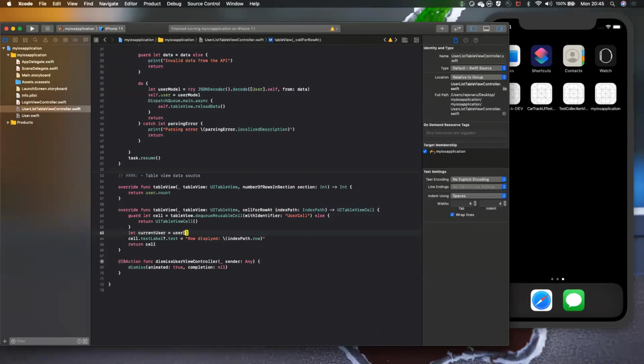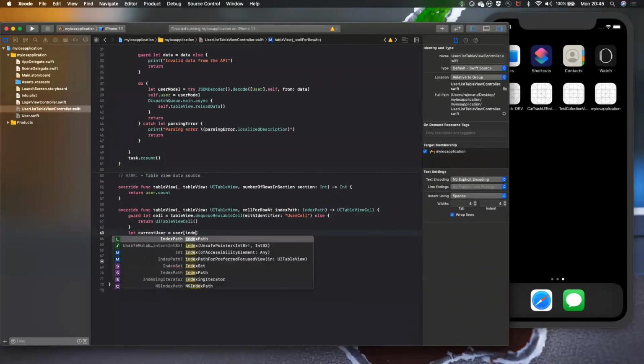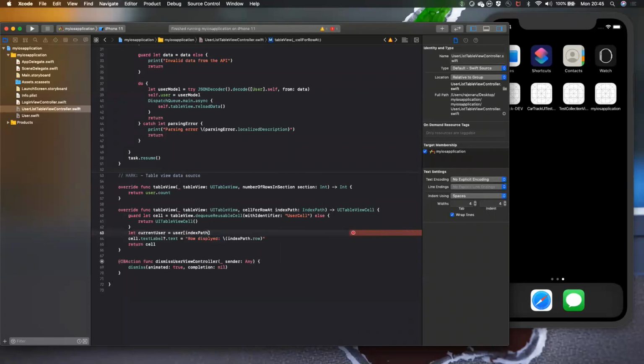It is an array, right? So we need to increment from 0 to the end index. So what we can do is indexPath.row. If there are 3 items, it will go 0, 1, 2, so it will display the name accordingly.